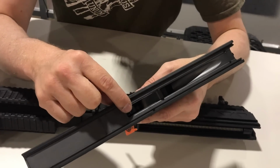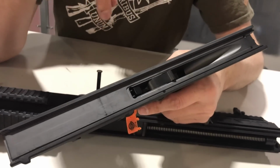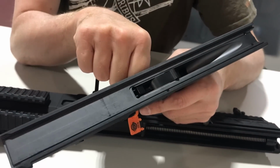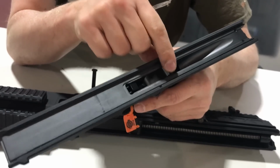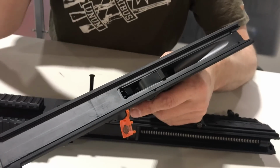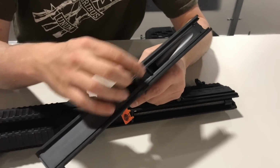Because this is an open bolt firearm, you have the same problem or potential problem you will see in submachine guns, namely, what if you pull the bolt back far enough to clear the feed mechanism, but not far enough to actually catch on the firing sear? You don't want to be able to pull it back slightly, let go of the bolt, and have it slam forward and fire. So this trip,